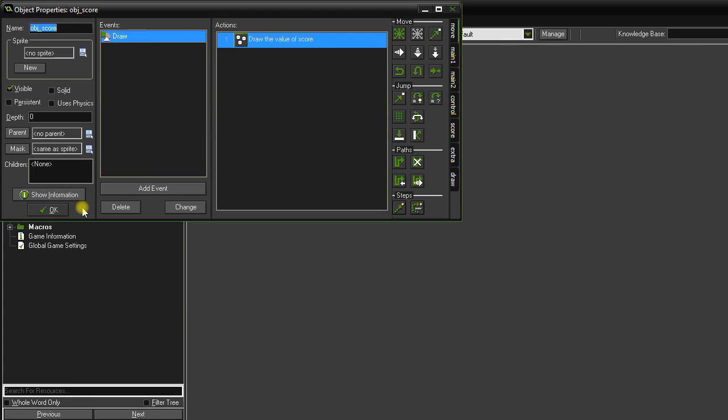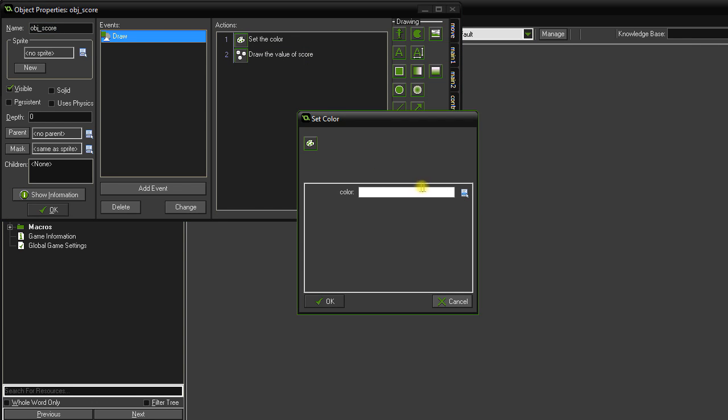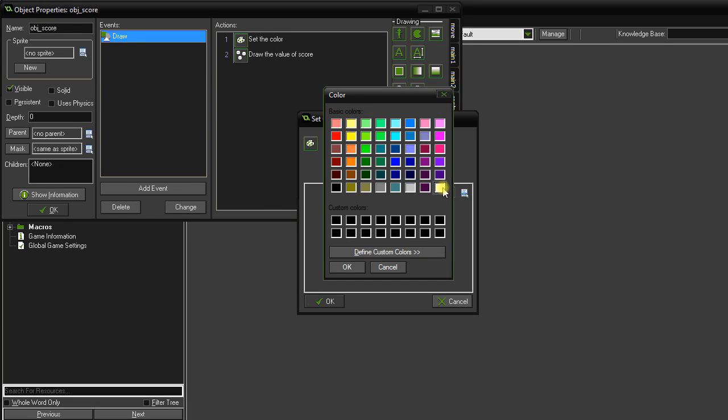First of all, back into our object score, we're drawing the score, but what we can do within the draw event is set the color first. So if we pop the color above and change the color to white,